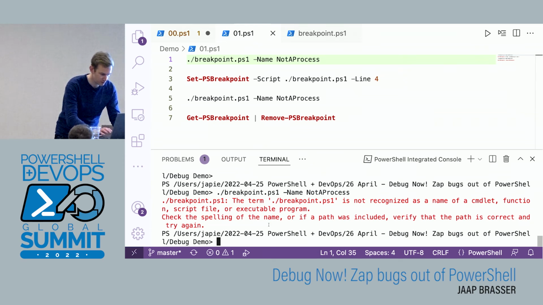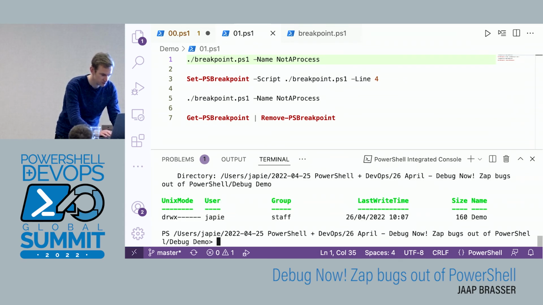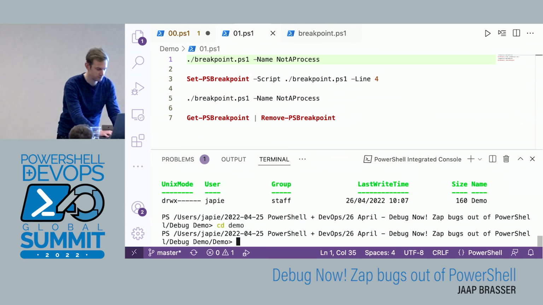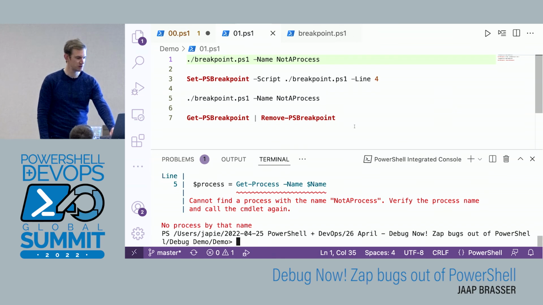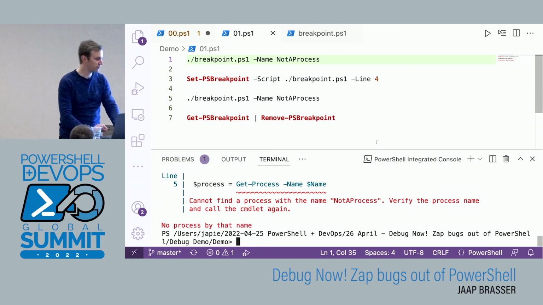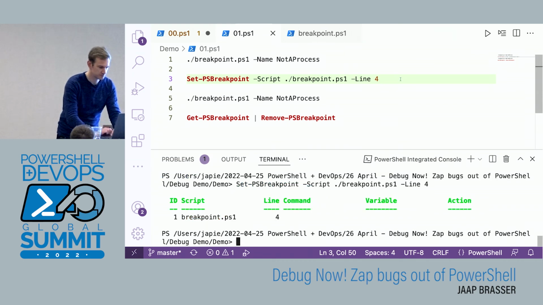Oh, I'm not in the right folder. Let's see, demo. There we go. So I'll execute not a process, and we can see it cannot find that process. So we'll set a breakpoint in there. You can see line number 4. You can also do this